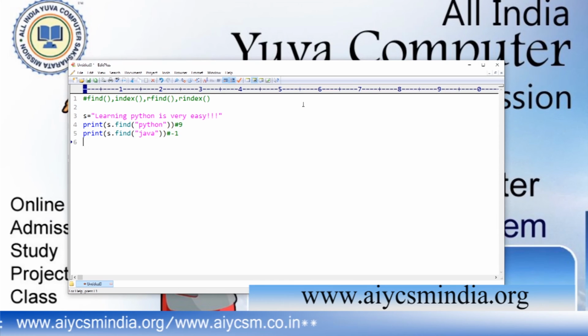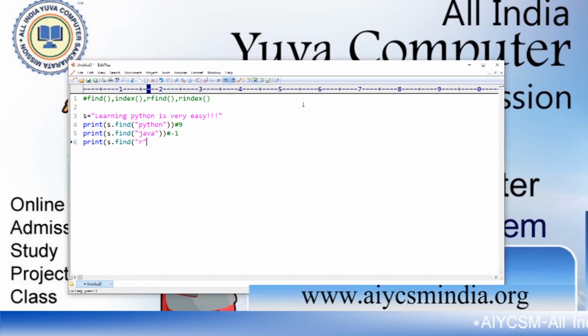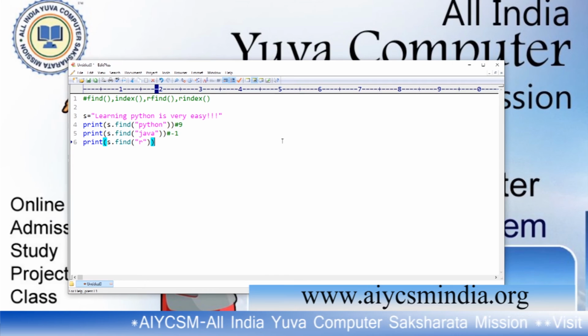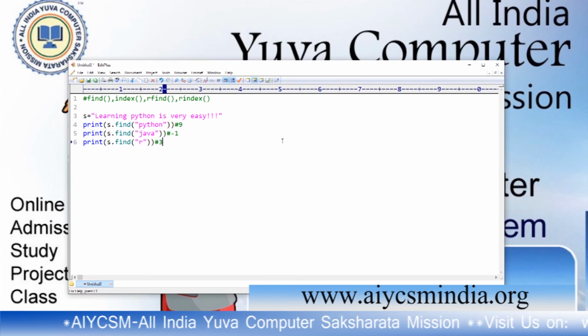If I want to print s.find of r, it will find the index number of r. It will return the index of the first r. If there are multiple r, it will return the index number of the first r. 0, 1, 2, 3. It will return 3.